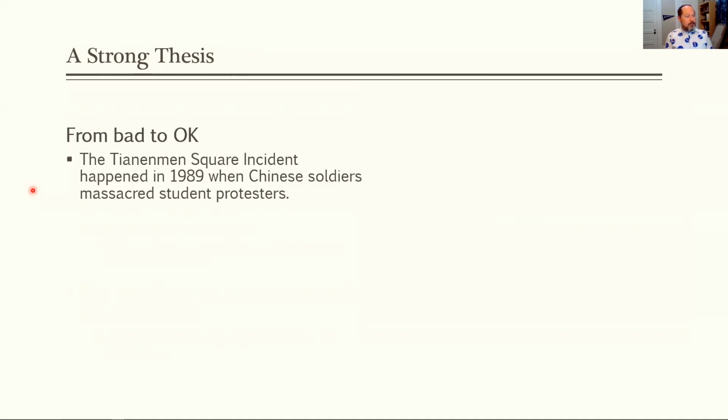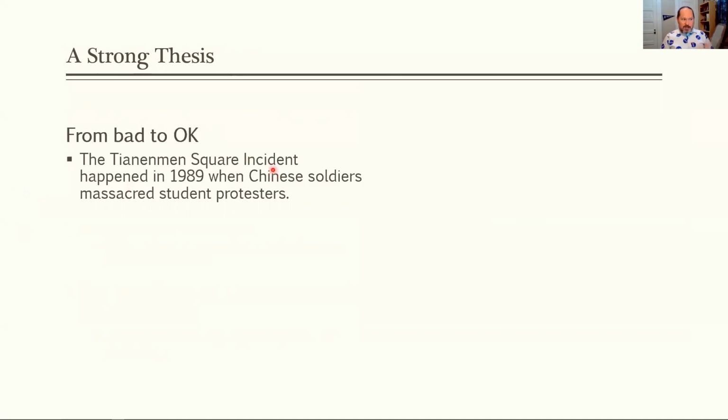Okay, well, this is just a fact. It's true. It's informative. It tells you what the Tiananmen Square incident was, but it makes no argumentative claim. This is just a fact. So for example, other things like the earth being flat, no, the earth is round. If your thesis just says the earth is round, that's not a strong argument for this paper. This paper needs to make it clear that there is a group of denialists who claim something isn't true, and you are arguing how wrong they are, that they can be refuted, right?